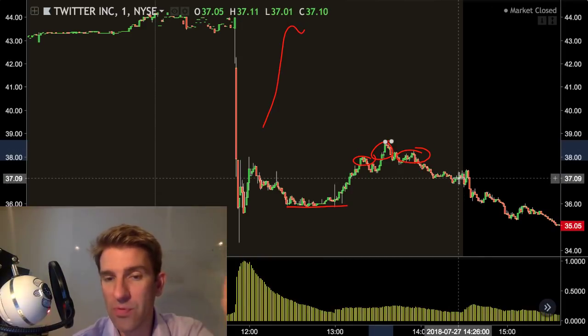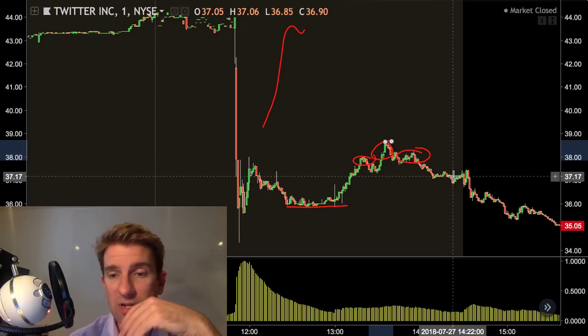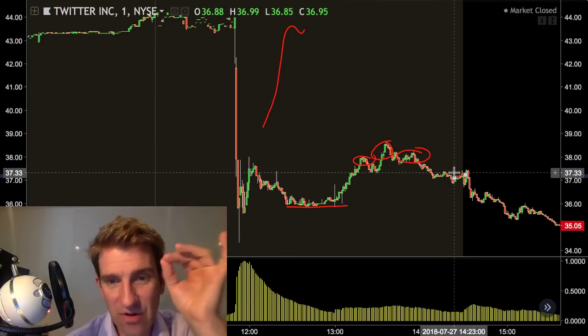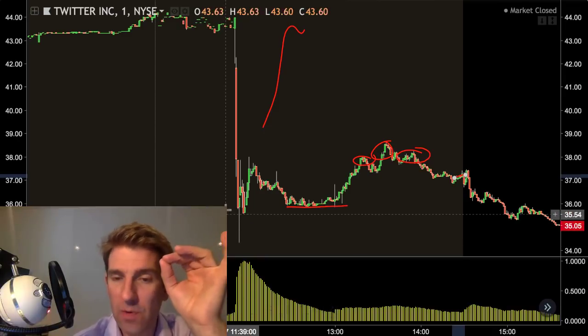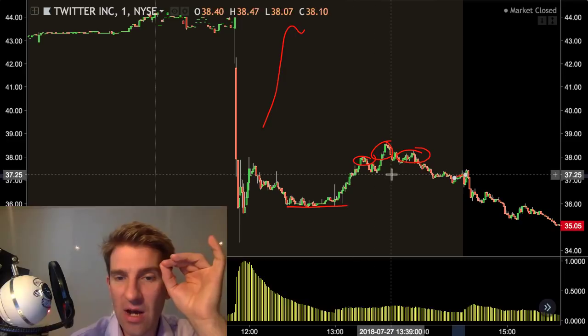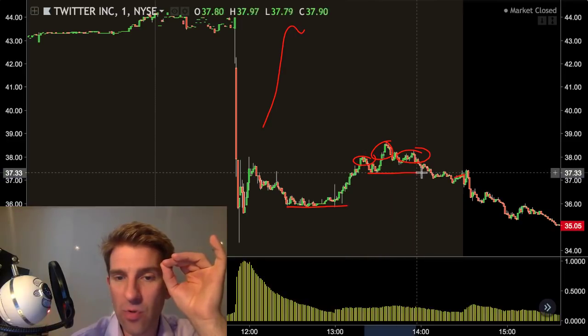The bell goes and the options open, all the big volume comes in at about 37. Right, so we're still down a significant amount. We're not at the full lows, but we are down a significant amount. The key levels we're interested in are going to be these levels here of support, which are actually opening just